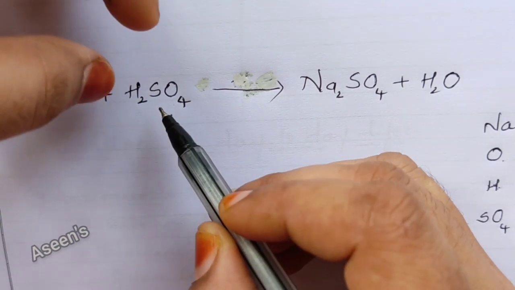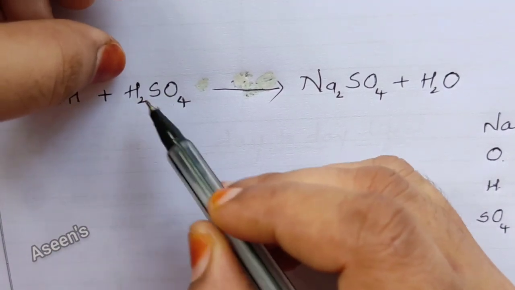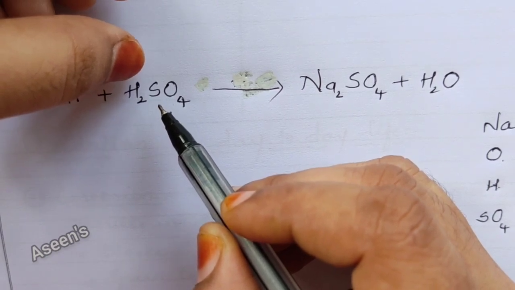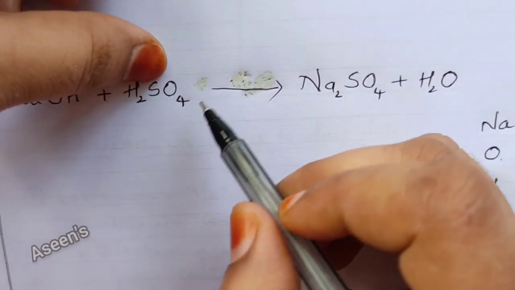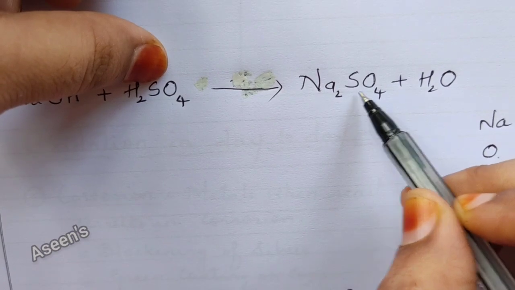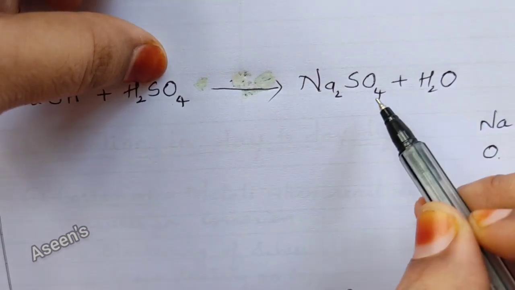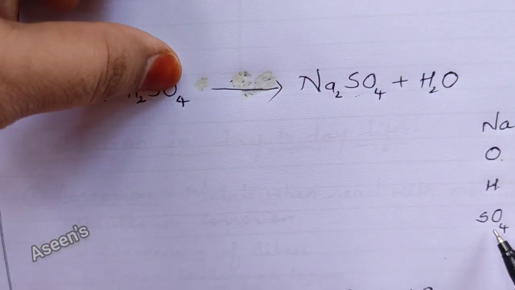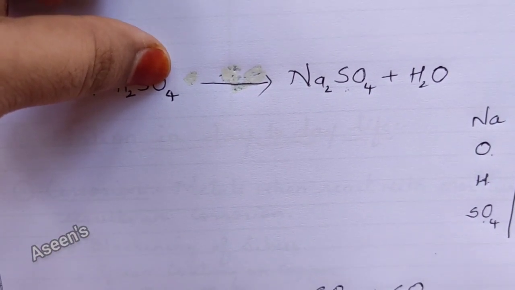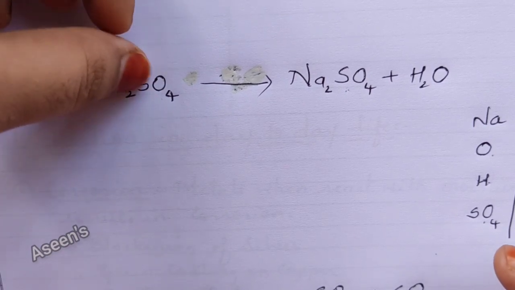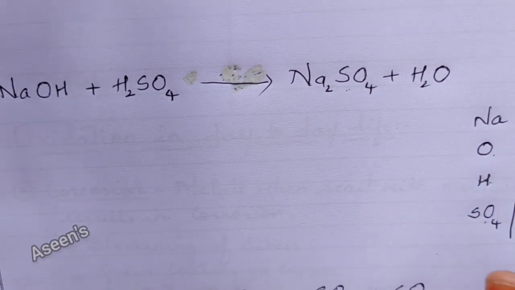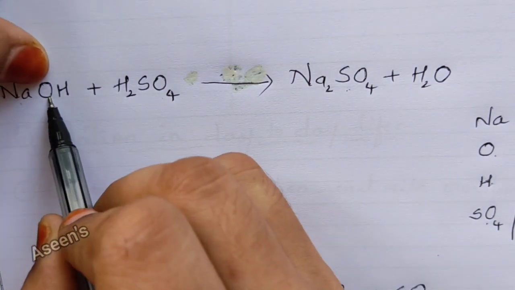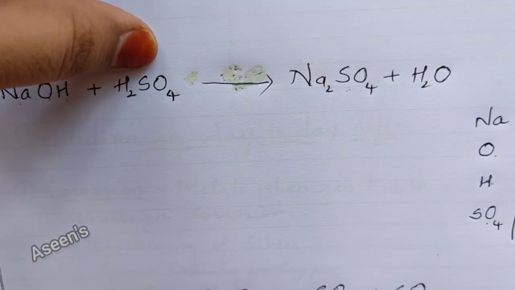When I get such complicated anions, SO4, NO3, such examples, what I'm going to do is check on my product side whether I have got SO4 together. Like in this case, I have got SO4 together, intact on both sides. So I'm going to write SO4 separately over here, instead of splitting it into S and O. This has got nothing to do with this O, so don't get confused here. So Na, O, H, and then comes SO4.